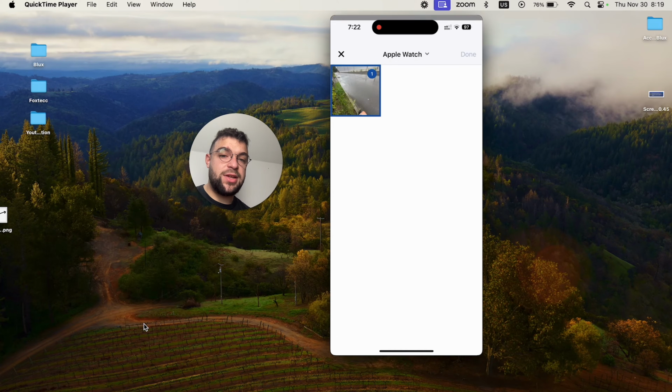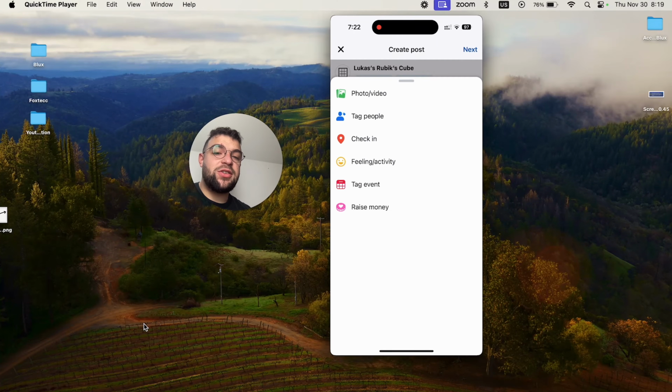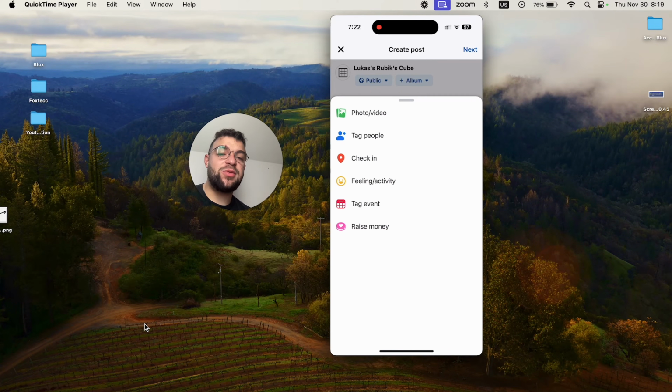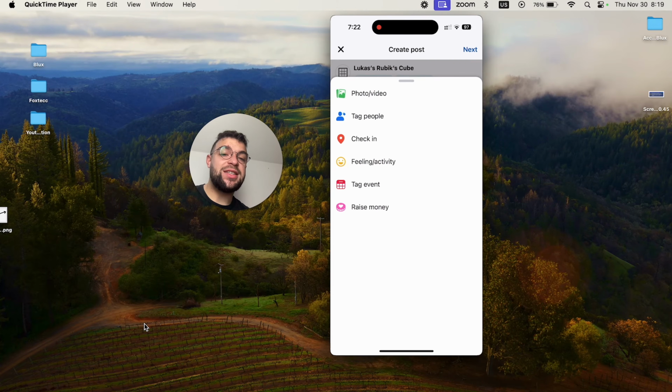you're going to notice that, for example, I add this picture there. And now if I want to continue with it, I don't really have the option to add any music to it, which is kind of annoying because it's not available. It's not showing up in here, right? So the way to add music to this post is not by clicking at the bottom or anything,